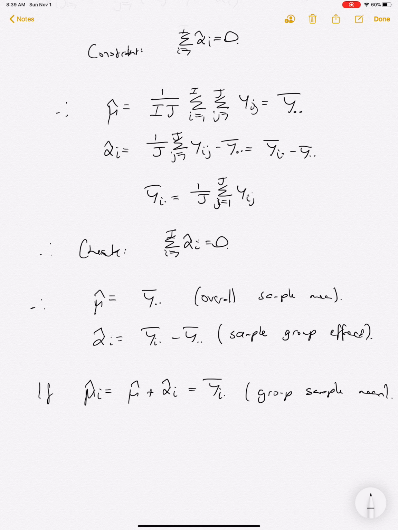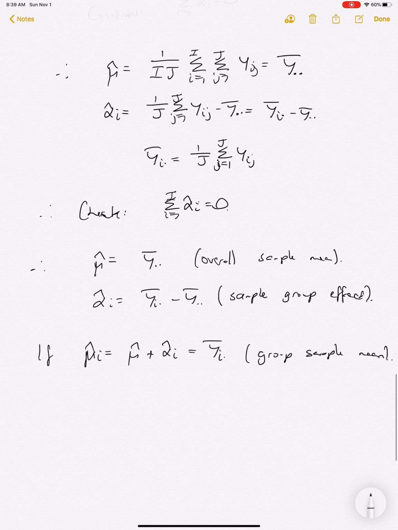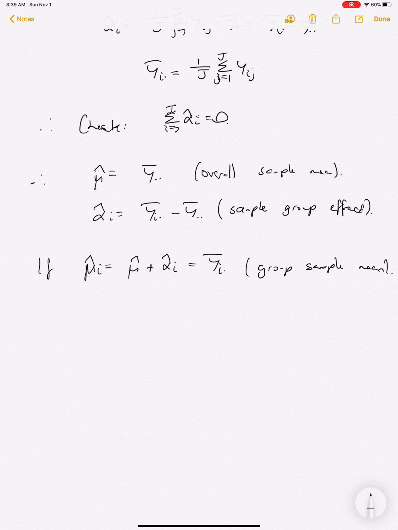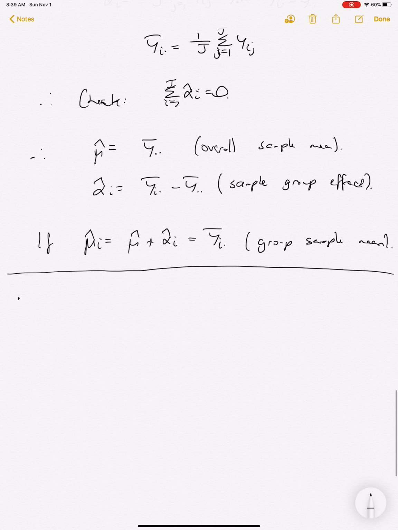So these give you pretty good and intuitive estimates for both the group effect and the overall effect. Okay, so that's estimation, which is straightforward enough. And just as an exercise,